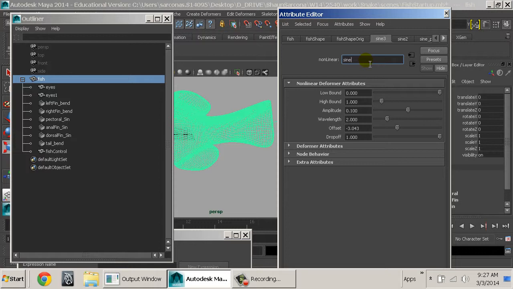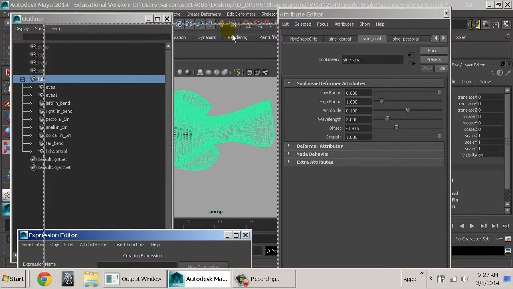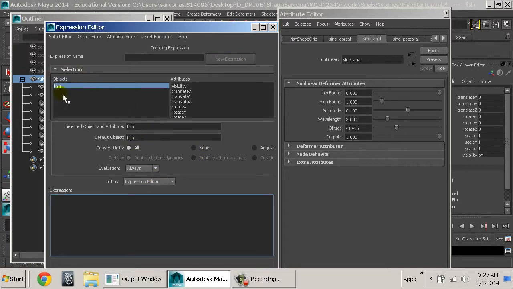Sine 3 is going to be his dorsal. Sine 2 is anal fin. There we go. Okay. So as we write expressions, it's also important that we know what attributes we're writing attributes